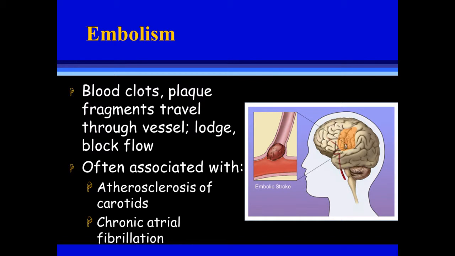So the atherosclerosis is not necessarily in the brain, it's down here in their carotid arteries, and part of that plaque breaks free. Well, what happens? What does the carotid artery feed? It feeds the brain. So it breaks free in the carotid, and it goes up to the brain, and it gets stuck in a smaller artery. Okay? Chronic atrial fibrillation. Atrial fibrillation is a cardiac arrhythmia that